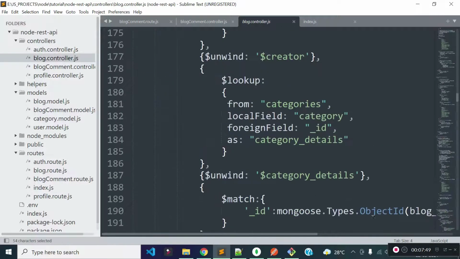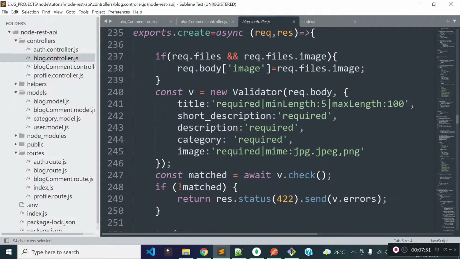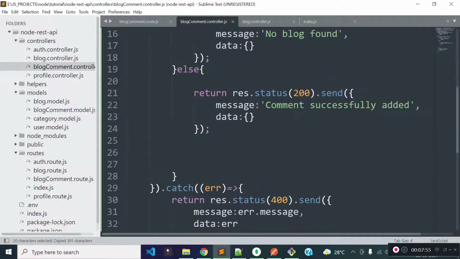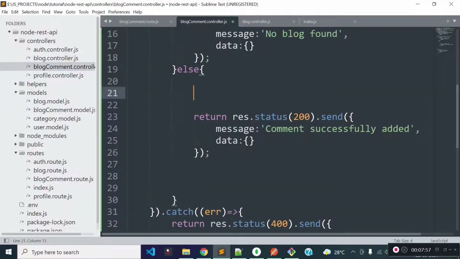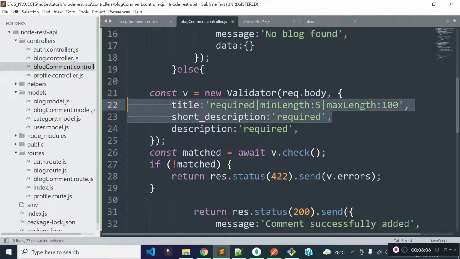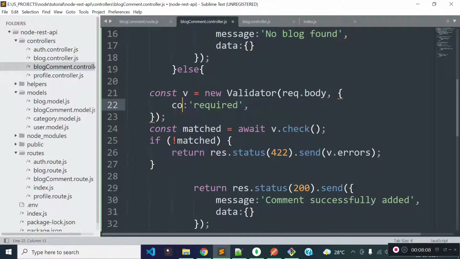Now I'm going to add validations for our comment field. During comment addition we need only the comment field. So I'll add validation rules for our comment field only inside this else block with the help of this validator, where the comment field is required.